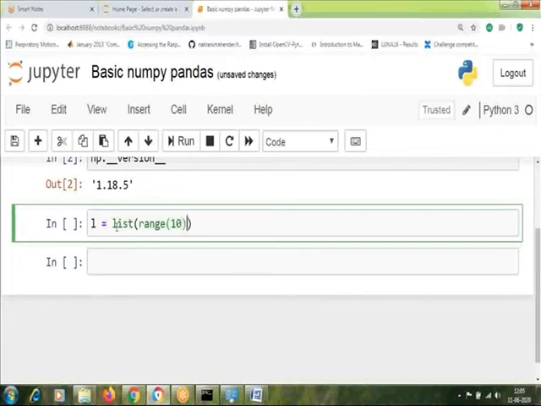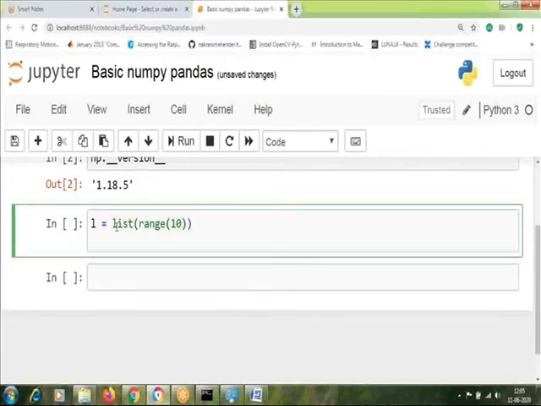Okay. And you can print the L value by typing print and in brackets L, or you can just type L. In Jupyter, if you just type a variable name, it will print out the value of that variable. Here you can also see the advantages of Python over Java: I am not defining L, and I am neither defining which data type this L will hold.